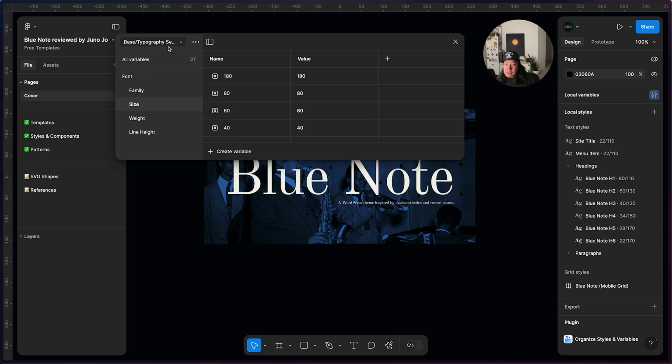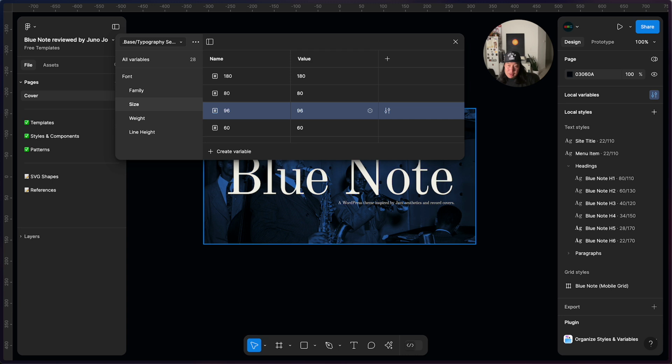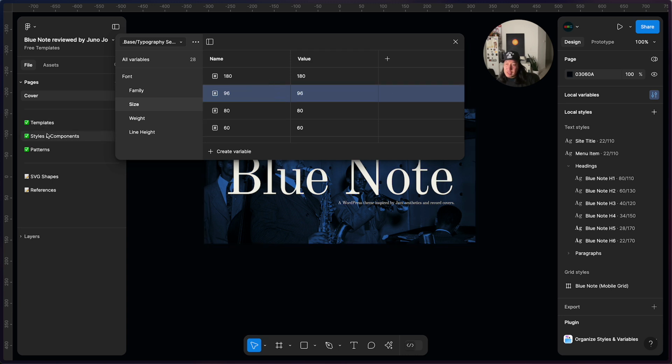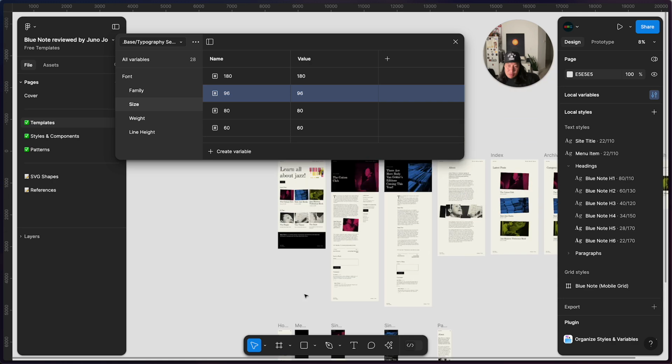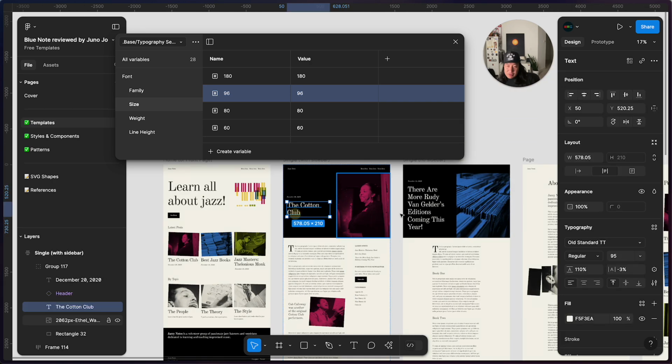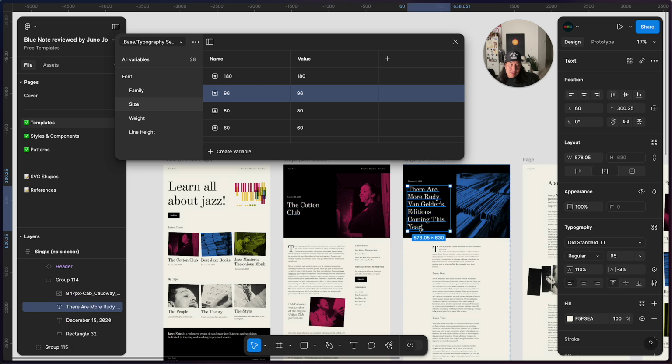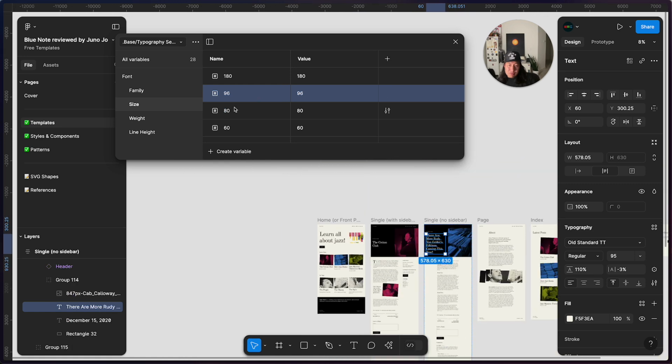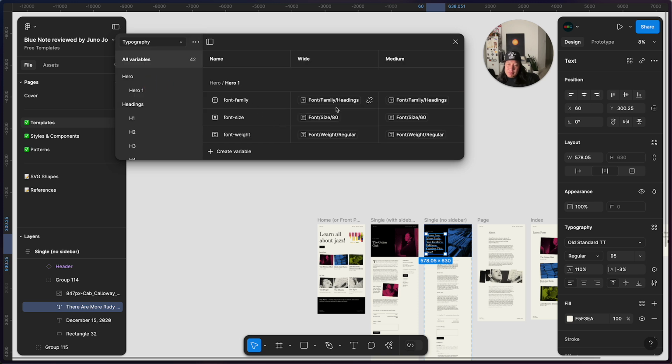Let's go to the sizes. So I will build another one. Let me duplicate this one. There's going to be 96. Okay, because I want to make sure that we can have those sizes. That is 95 actually here. That is okay. So we have this and this, 180 and 96, that could fit in our typography system to